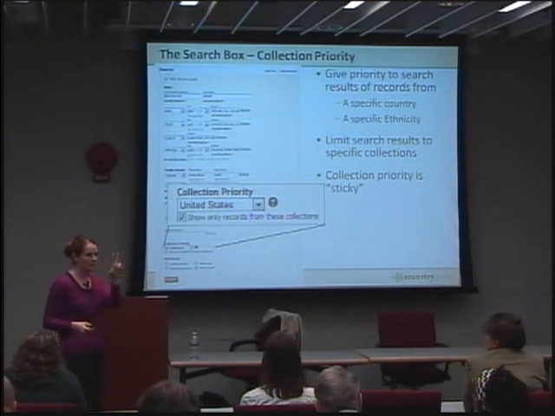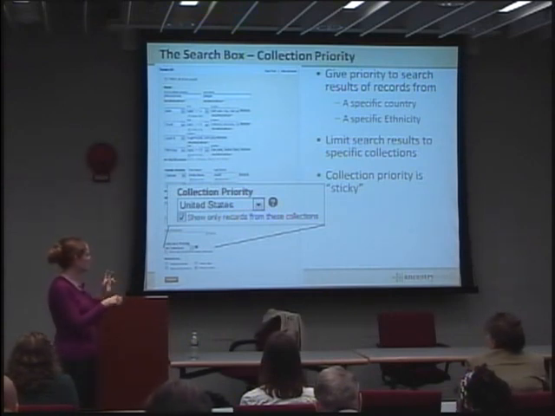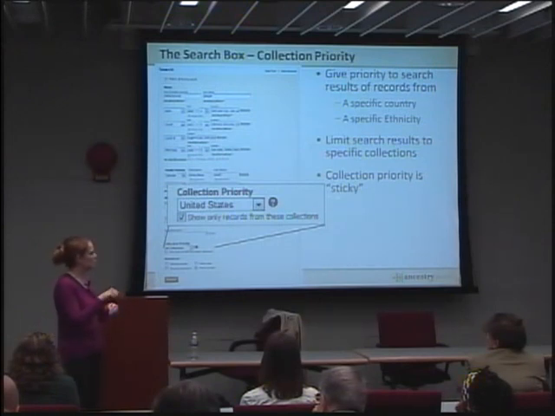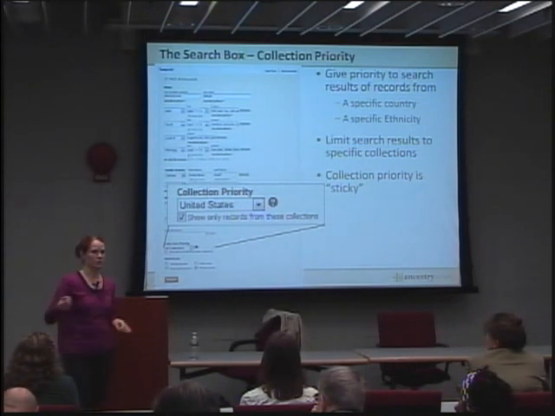So you may know that your ancestors only stayed in the United States, but they may not have told you that. The one thing I'd like to say on this is this is sticky. So once you do a search on this, it's going to stay there unless you change it. If you're researching on a computer, like in a NARA facility, you want to make sure that the researcher before you hasn't set it to like Australia records only, and your ancestors are not from Australia.